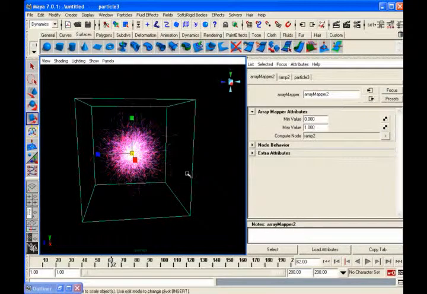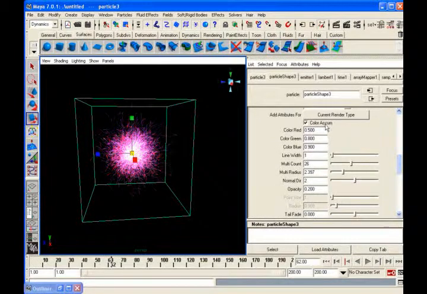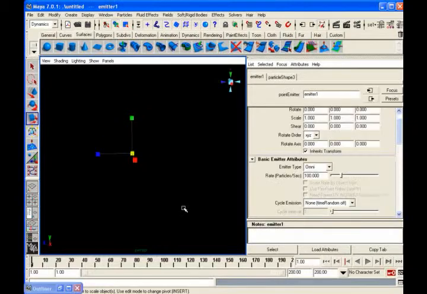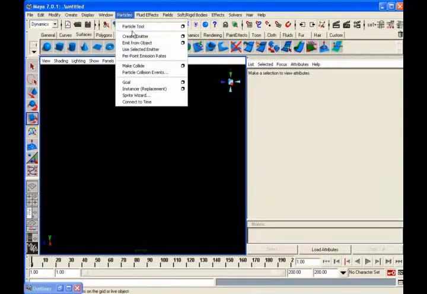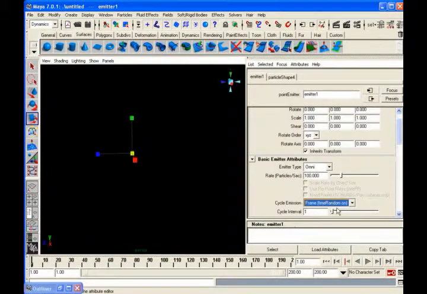What I'll do, I'll take one other particles, create emitter. Okay, then I'll change the emission rate to frame, increase this to something like 500 or so, whatever the streaks came, same thing. So I want to make them die.